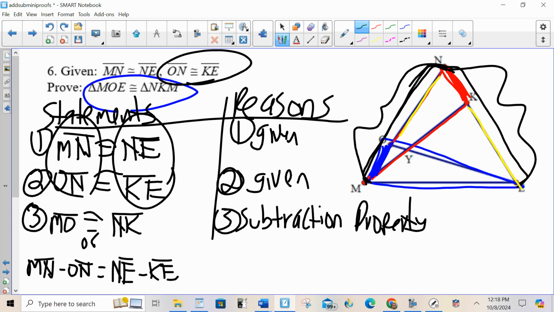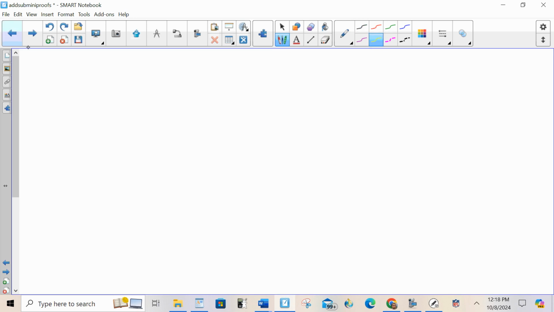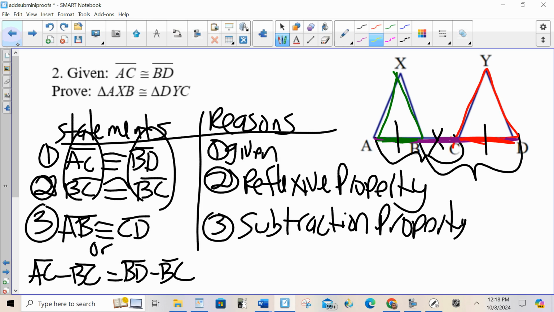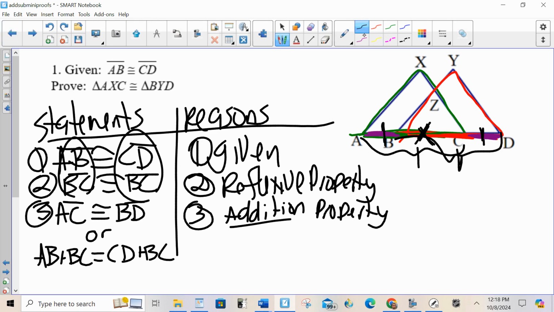If I have too much, all right, I wanted the blue, I had the black, I had to subtract the yellow. If I have too little, if I had the purple, but that's not the side of the triangle the green is, I would need to add. What you're adding or subtracting is always the second step, and the third step is what you want,